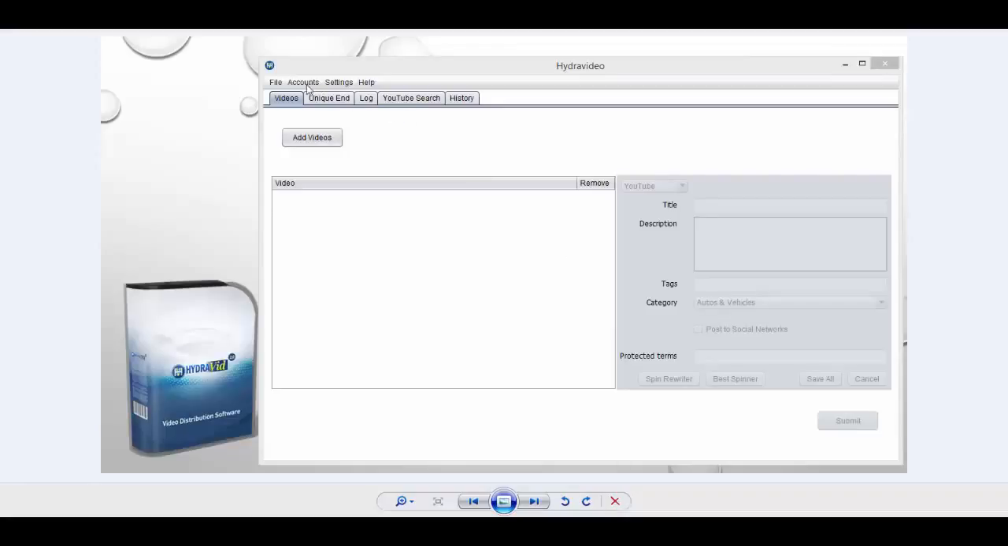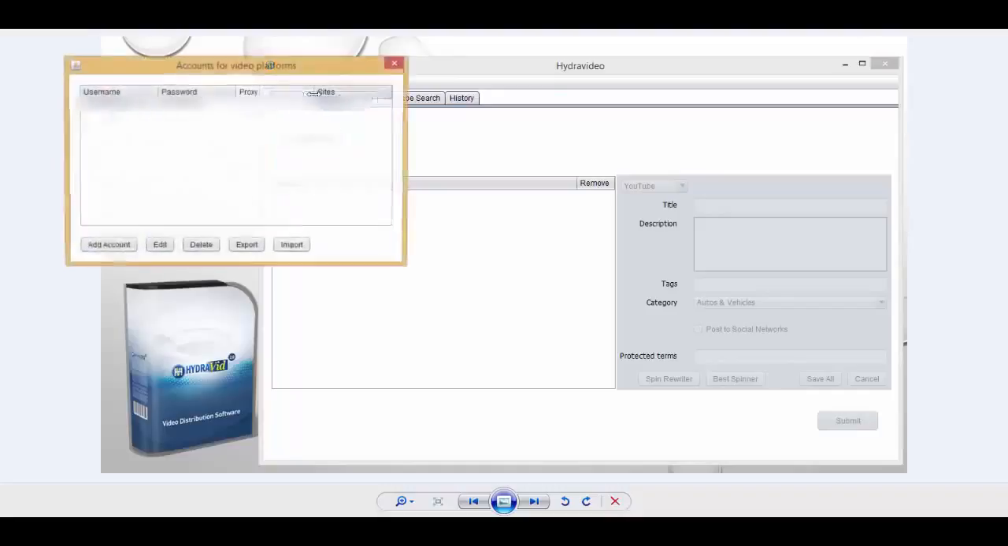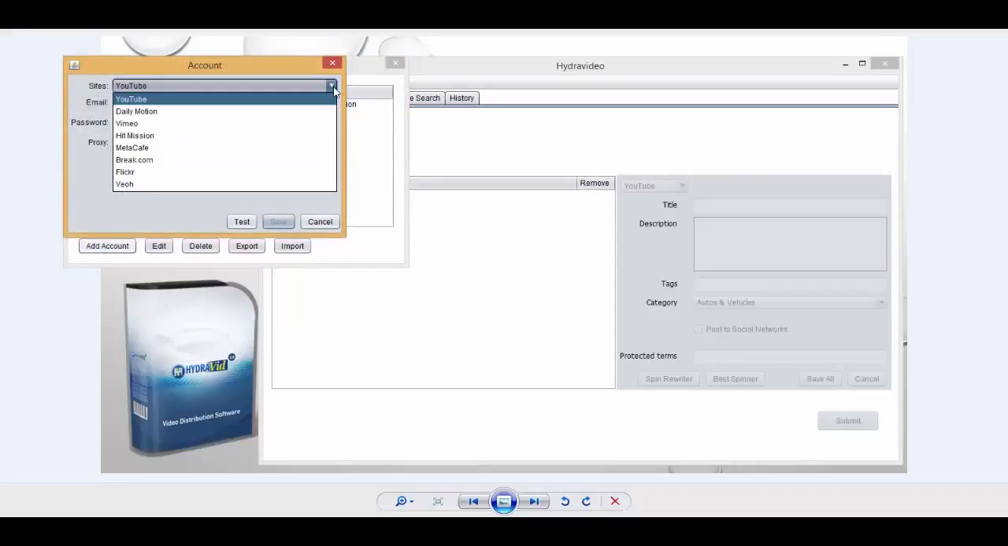Adding accounts, we simply go to our accounts from the menu and choose whether we're adding video or social media. As that opens, you'll see that your login details for our Hit Mission site have already been added to the system as you've entered those for unlocking in the program. And then it's just simply a matter of clicking on Add Account and choosing which site are you adding an